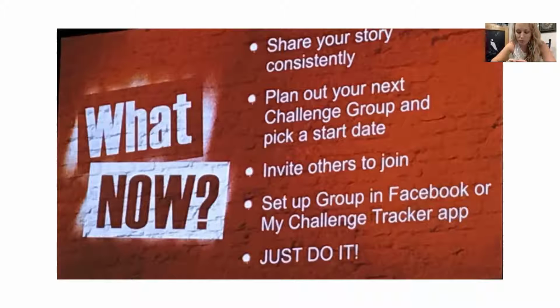Another key factor is that I share my story a lot, living with cancer. I always make sure, or I try my hardest, that I don't share in a way where I'm looking for sympathy or making people feel upset. Yes, you want to hit an emotion with your people when you're sharing your story consistently, but you don't want to bring them down. Sometimes I'll be a little sarcastic in my posts because that's just my personality, or I'll try to be motivational with it. I never want to find sympathy from other people because as a leader, you are a coach, and you want to stay strong because you want to encourage other people to be strong, just like you.